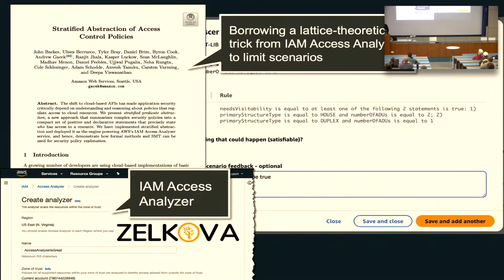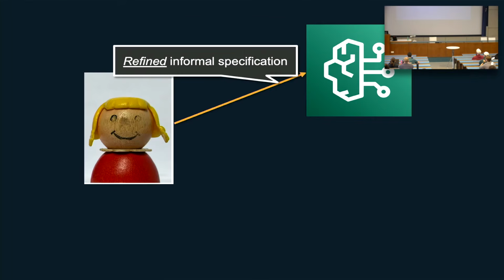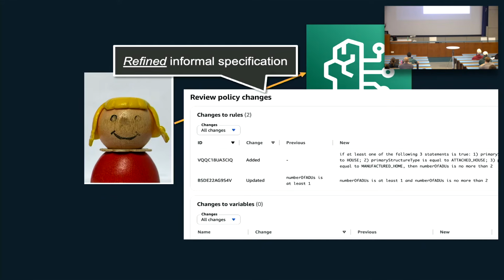Actually, kind of borrowed from IAM Access Analyzer. Actually, that was one of the products that's built on Zelkova. We have a similar problem there. And so we find an interesting and representative set of examples that are allowed and not allowed to give the expert in the domain the ability to understand what the specification is saying. And then the other thing we can do is launch that and then see how customers are using it. And if they flag certain answers as not correct, we can usually track that to the exact axiom that's the problem and refine it. So anyways, that's pretty exciting work. And then they can review the policy changes and so on.